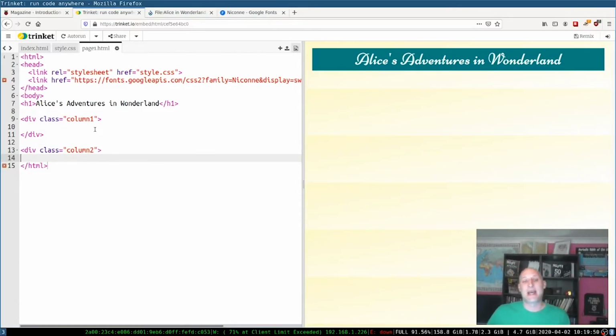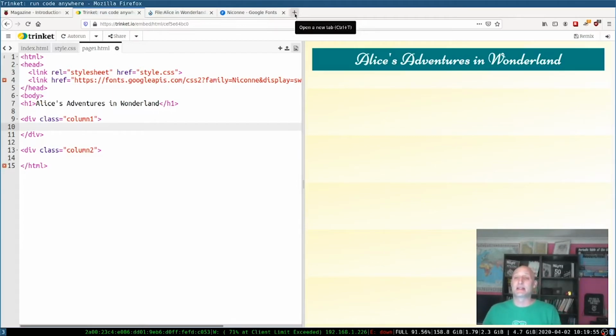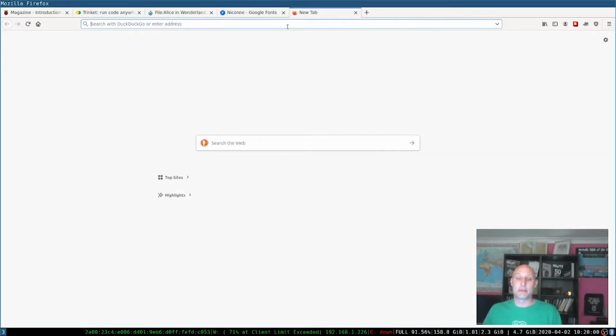Right, so let's get some text to go into our column 1 now. So let's get some text from Alice in Wonderland. Now again, just like the images for Alice in Wonderland, the text for Alice in Wonderland is in the public domain. Okay, it's out of copyright now. So I'm allowed to take that text and I can use it on my web page. So I'm going to go to